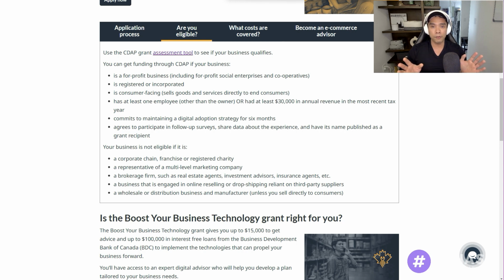Again, this isn't my realm of expertise, so I haven't actually gone through this process with any of my clients or myself. But the primary eligibility requirements are that you have to have anywhere from one, so you still have to have that minimum one employee, all the way to 499 employees. So that would pop you into the mid-sized business category. And you're also going to have at least $500,000 in revenue for one of the past 3 fiscal years.